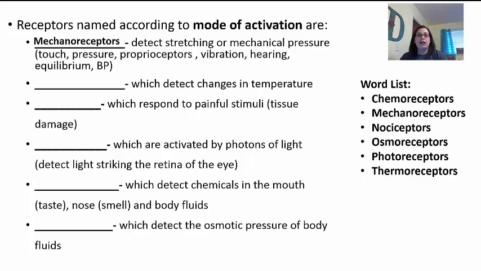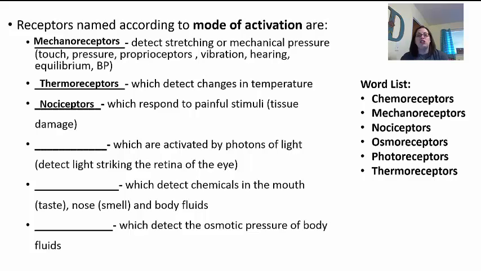On the other hand, the next ones detect changes in temperature. Well, this one should be super easy. These are the thermoreceptors. They're going to detect changes in temperature, whether it's hot or cold. Our next one, based on its activation, is going to respond to painful stimuli. Now, this is the one that's a little different. You're thinking, well, why is it called a nociceptor? These are nociceptors. But guys, when you're in pain, it's normally caused by a noxious agent, meaning that it's causing damage. Okay, so nociceptors are detecting damage a lot of times to tissues.